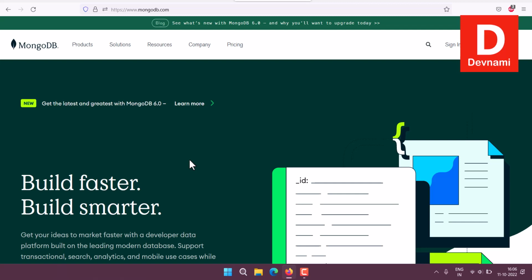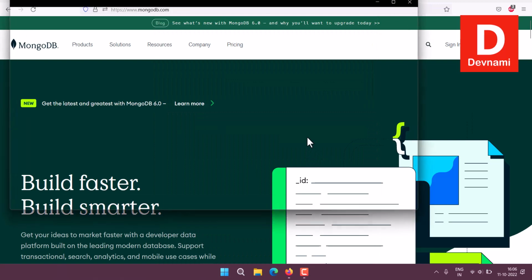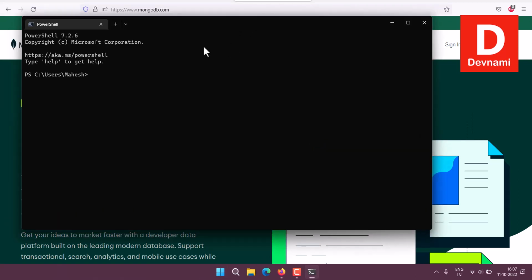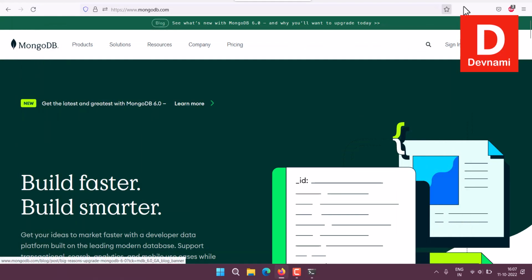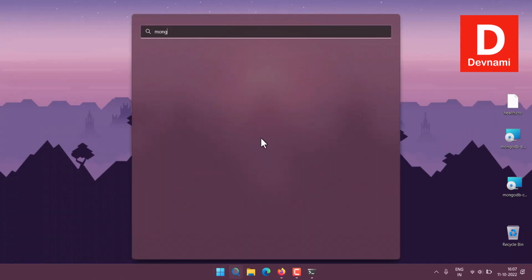Okay, so let's take a look at how you can import JSON data into MongoDB, right? So what we're going to do is first start the Mongo server. This service we need to run before we can access MongoDB Compass, right? So type in mongo. Okay, now that MongoDB is running, the next thing is we are going to open MongoDB Compass,